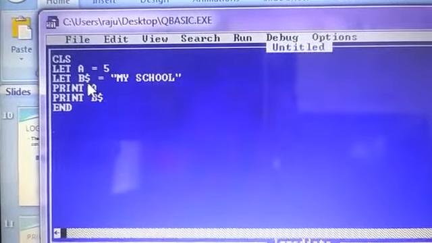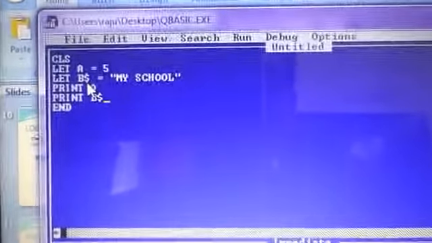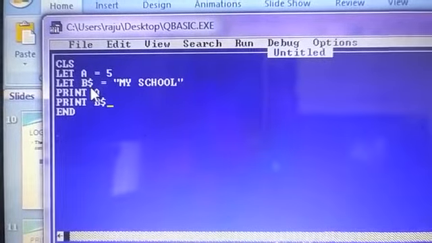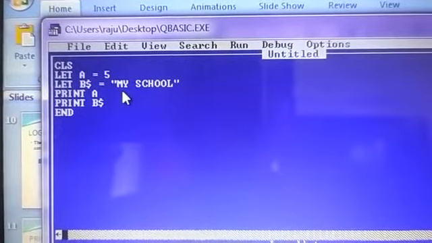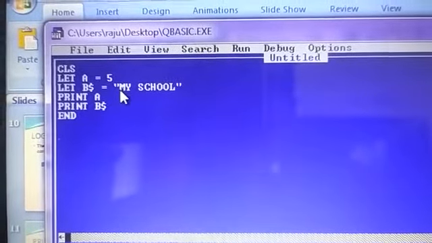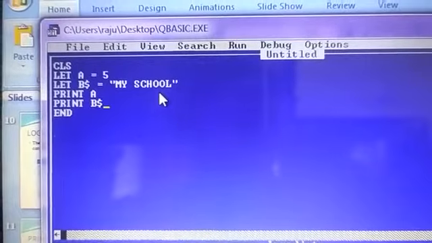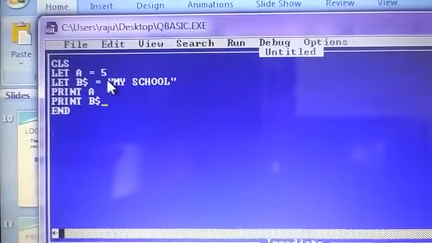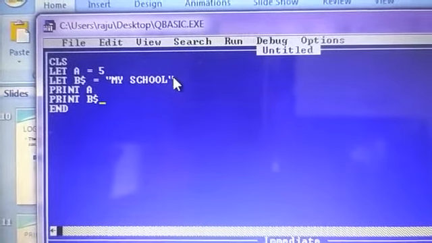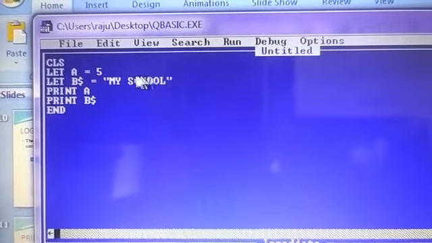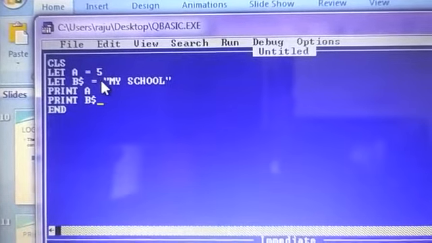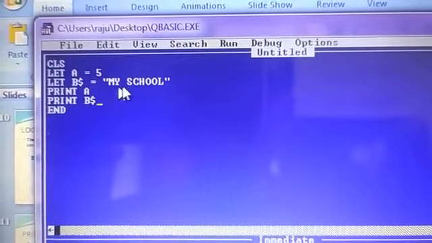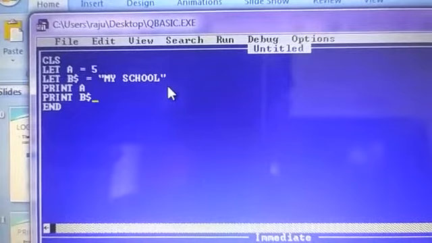I have told you a string variable takes the dollar sign. You have to write the dollar sign after a string variable. So B$ is a string type of variable. It contains the expression I have written, my school. You can write anything in this, but it should be in double quotes as I have shown in the PPT. So always remember, when you are writing a numeric value, it is not written in double quotes, but if you want to write an expression, it must be written in double quotes.